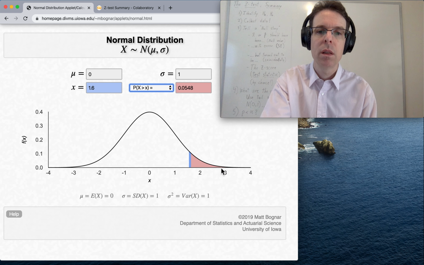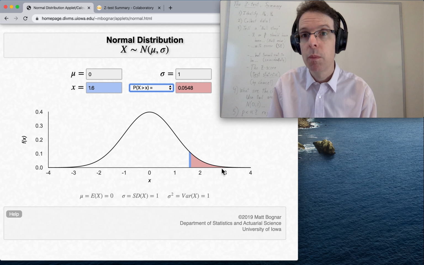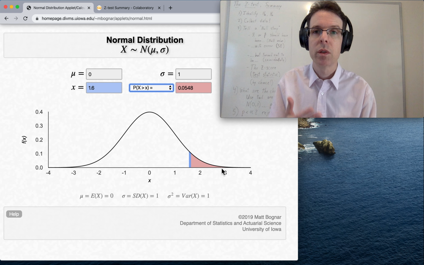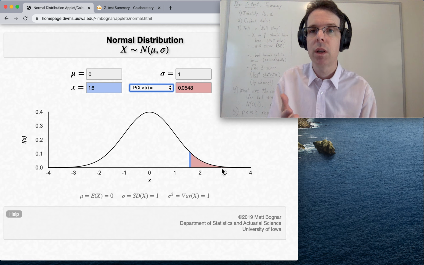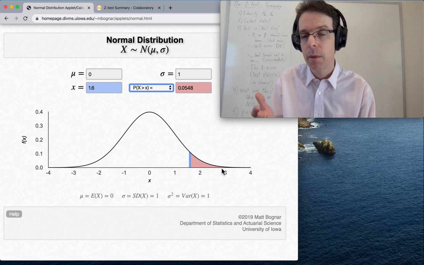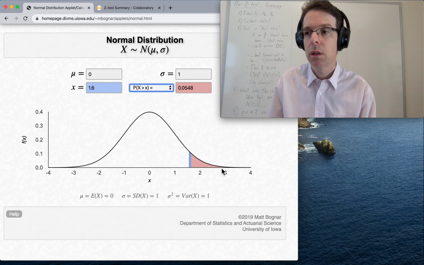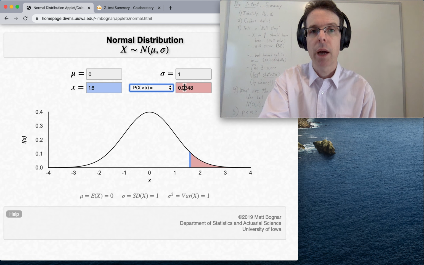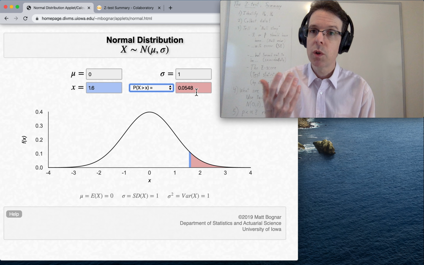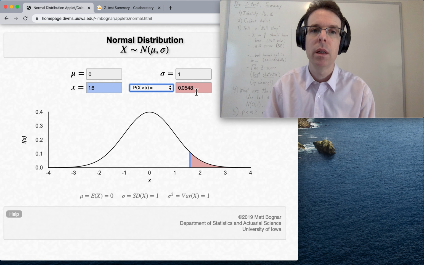So if we simply calculate this area, that is the probability of getting results like ours or more extreme. In other words, that's the probability of getting evidence as strong as we got or more so merely by chance. That's the question of the p-value, so that's exactly what we need. And this tool not only displays the area for us so that we know what we're doing, but calculates the area exactly, and it's